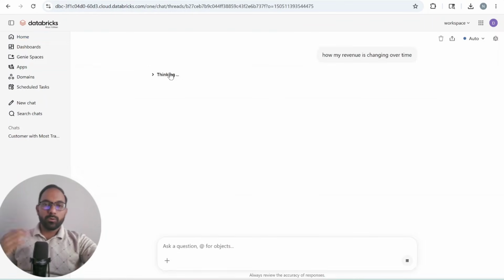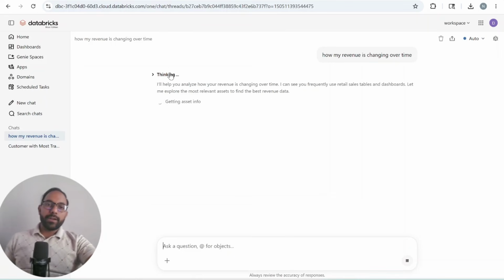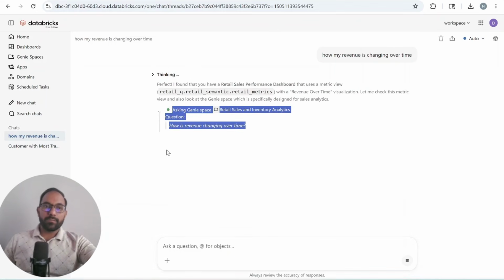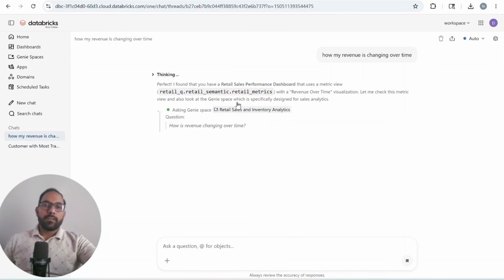how my revenue is changing over time, I'm not telling it where to look for this data. So automatically it will check where the revenue related data is and then try to answer it. It is checking in this dashboard whether this data is available. Then it is checking in this one. It is checking in this Genie space. It is trying to ask this question so that